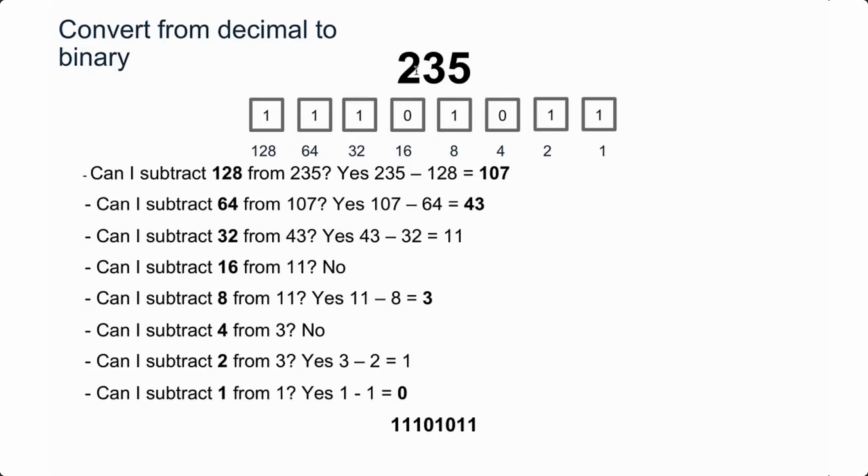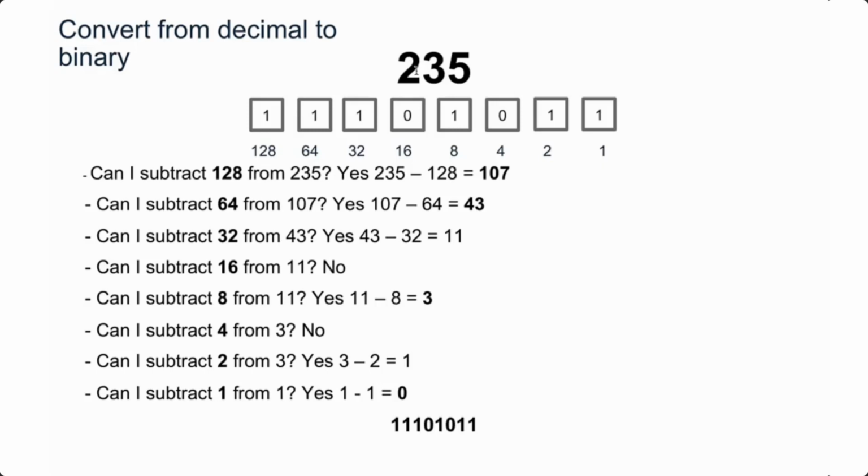Start by seeing what is the largest binary placeholder you can subtract from your decimal number. 256 is too large, but you can subtract the next smaller placeholder, 128. So put a 1 in the 128 place, and then subtract 128 from 235, and you're left with 107. Check to see that you can subtract 64 from 107. Yes, you can. So add 1 to the 64 place, and then subtract 64 from 107, and you're left with